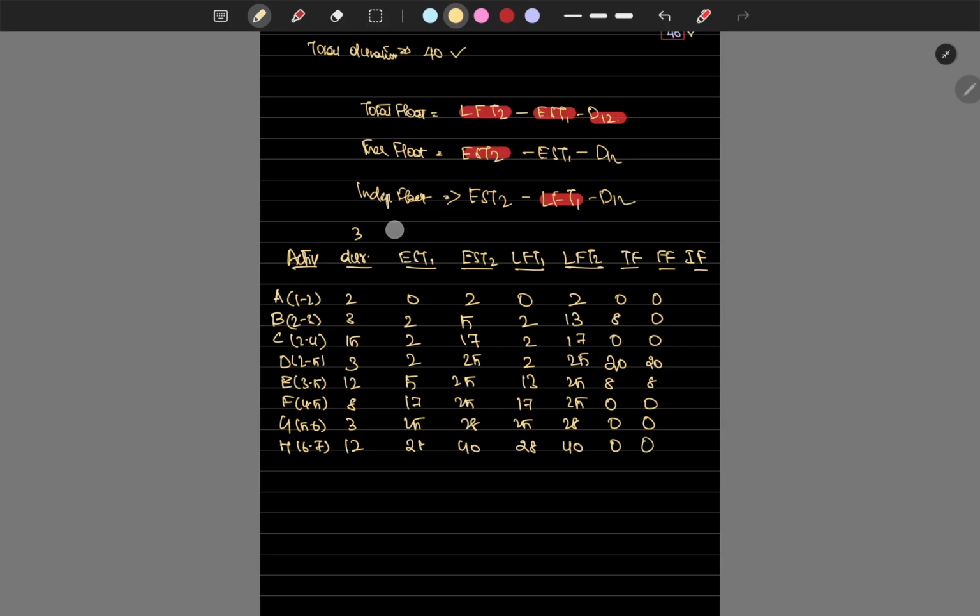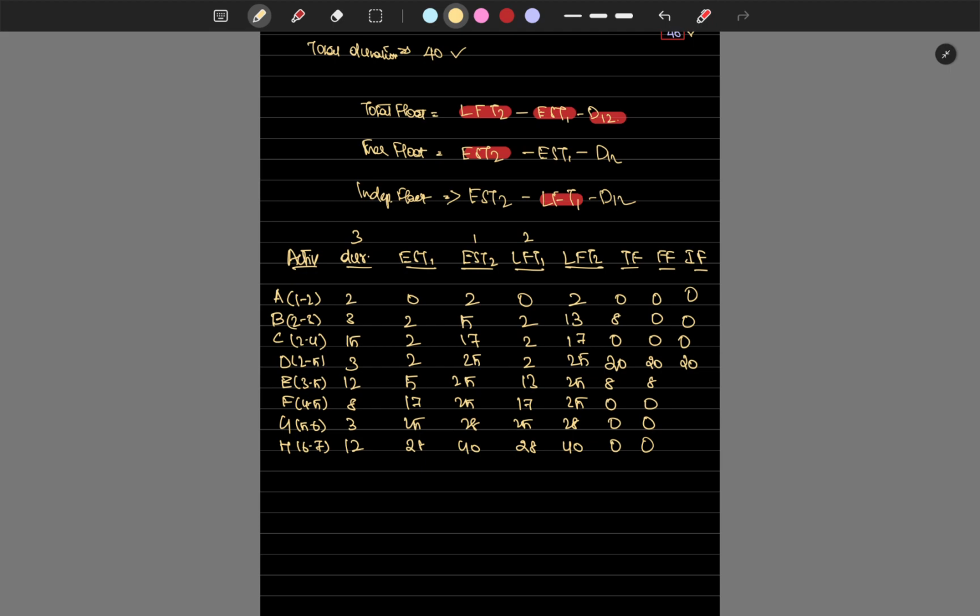What's the formula for independent float? EST2 minus LFT1 minus D12. So 2 minus 0 minus 2, which is 0. Then 5 minus 2 minus 3, which is 0. Then 17 minus 2 minus 15, which is 0. Then 25 minus 2 minus 3, which is 20. Then